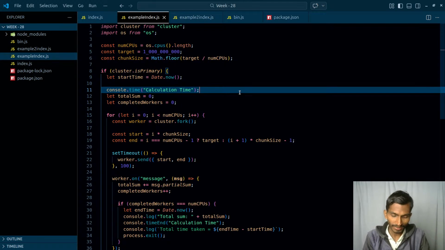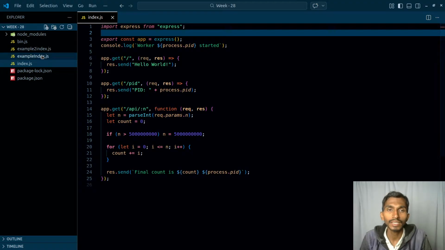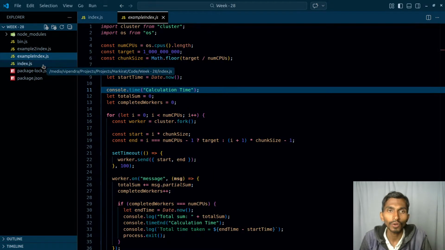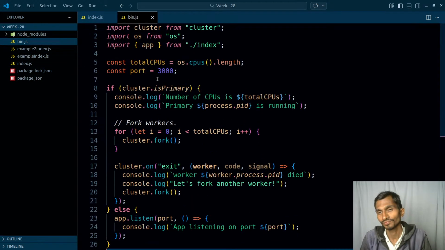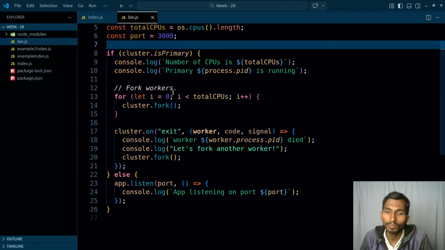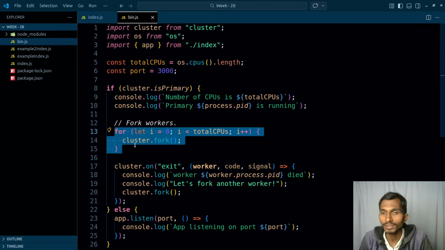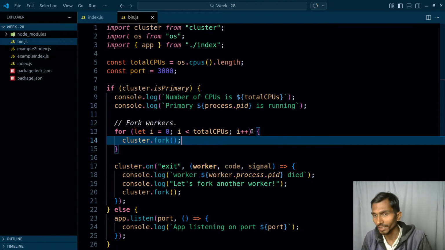Okay, I was just learning some things about vertical scaling, and the very first thing that I learned about was clusters, and they are mainly used for running a file in many threads. So ultimately, if there are many threads available, all those threads are going to be used. There's going to be a cluster file, the main primary file. That file will run, and the cluster will be forking the threads, and forking means this file will run again.